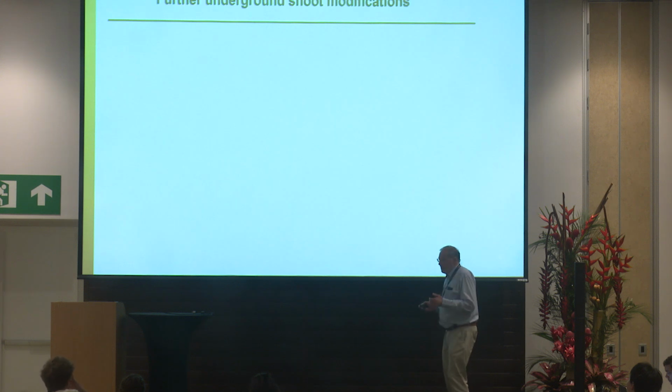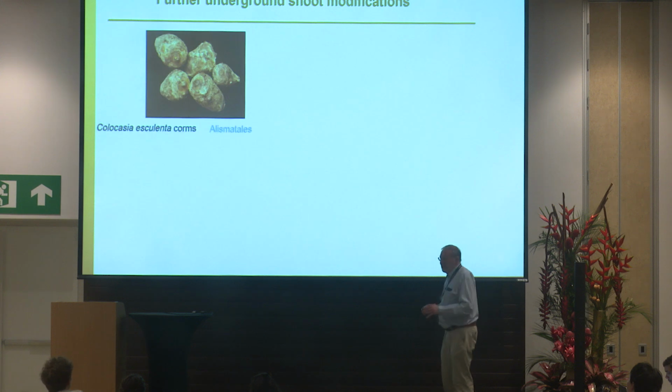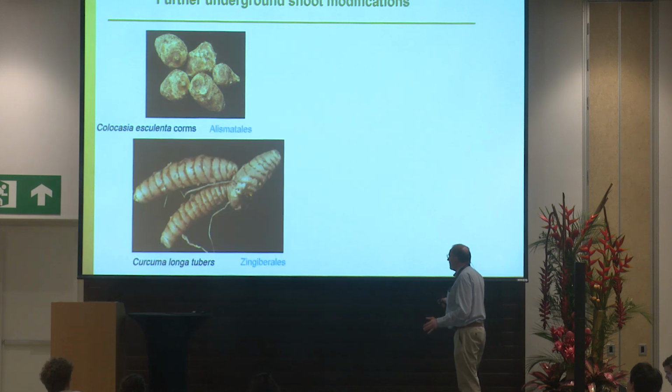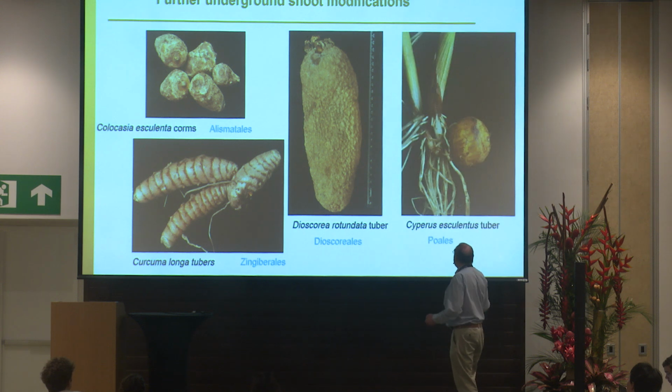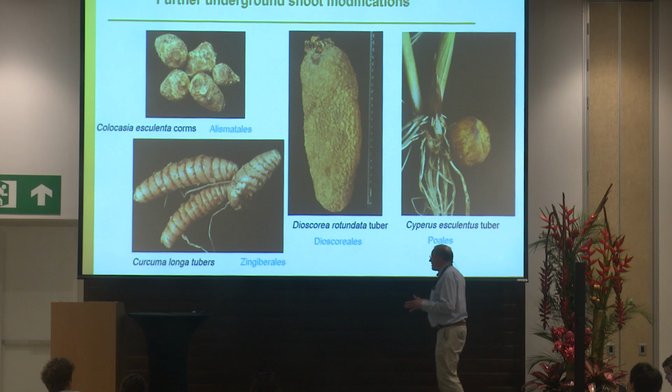And on top of all these rhizomes, you find very different stem modifications in the ground, like corms, like tubers, like tubers here in Dioscorea or in cypress species, which show a completely different bundle pattern compared with above ground